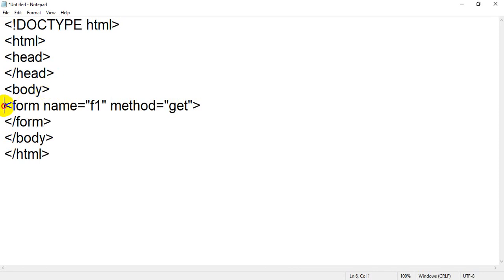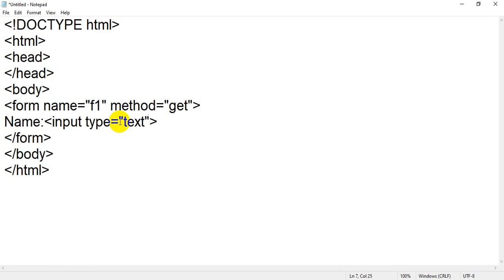Between the opening and closing form tag I have to write the input tag. So first I will take, for example, name. After name I will take type. Type is an attribute of the input tag which we are learning from the first lecture. So please be focused on what input type is. We have learned at least 10 to 12 input types in this lecture. Input type equal to, I will take text. This is the default type.